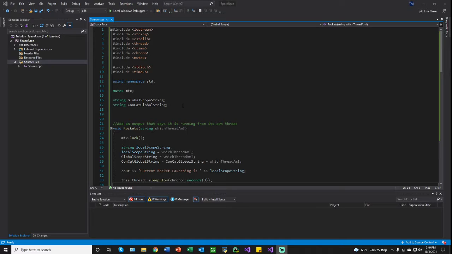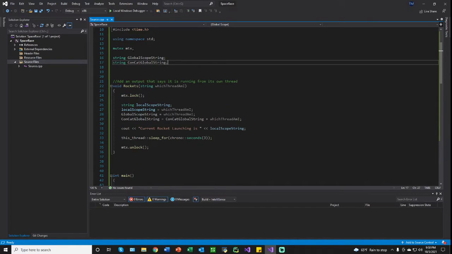In the section for multi-threading, and I added the mutex MTX so that I have the lock and unlock for the rockets. I changed the name for it. Then I threw in the local scope string and the global strings. At first, I completely forgot about global strings, and I put these in, and they were giving me an error. It would help if I actually put the global strings in the global area where they're supposed